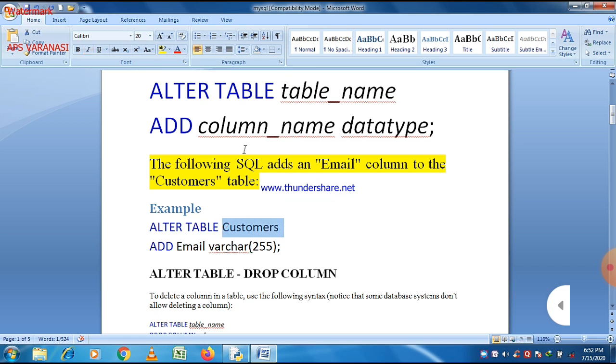Here the table name is customers, the column name is email, the data type is varchar, and the size is 255. Just write add to add a column name.